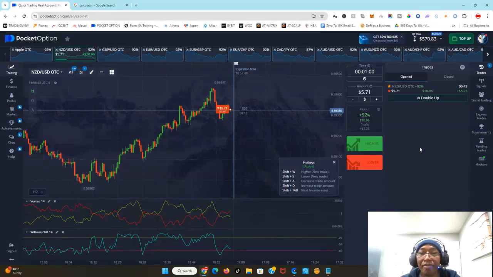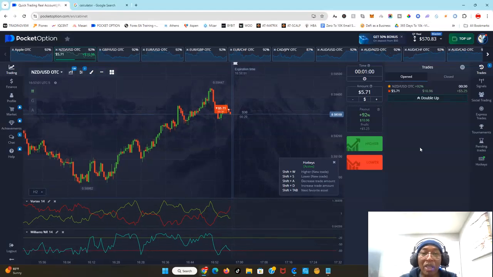So, guys, as you can see, this is in the money. We are using the Vortex indicator and the William indicator to trade binary options. Now, can we use the same for Forex? Yes, we can, but there's going to be modifications. And we go through these in our Forex trading masterclass.